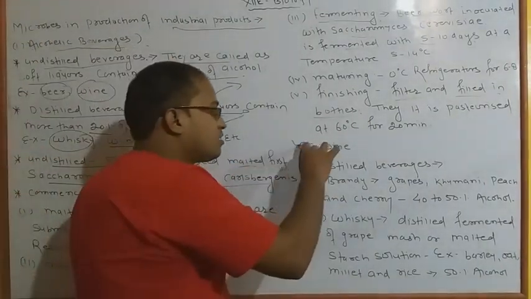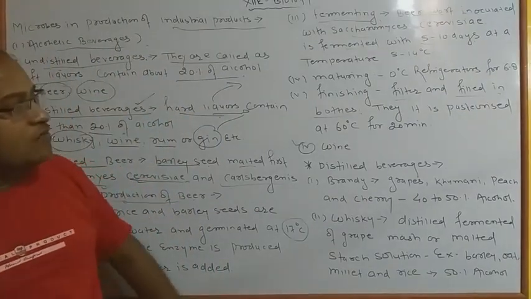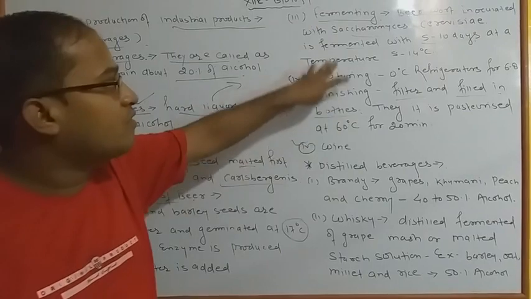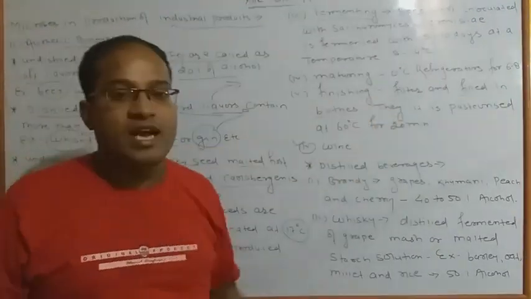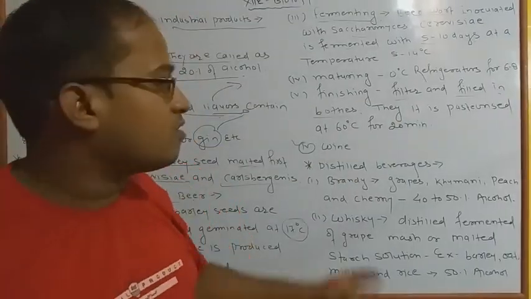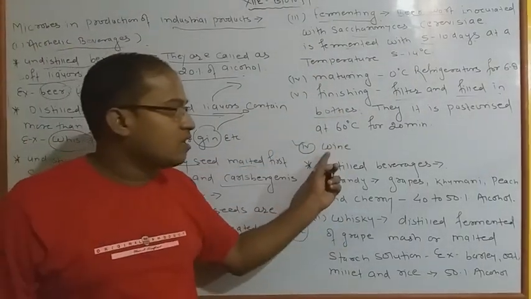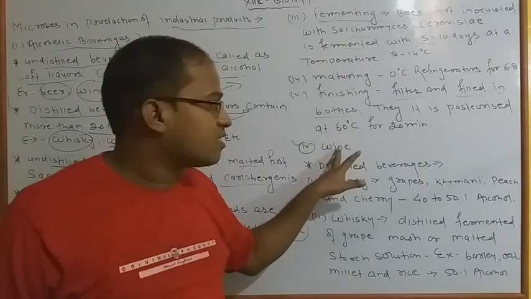And we have also done the wine, and generally apart from that, wine also gets processed by using fermenting, maturing, finishing and tanking. So many points are also there in your book, and it is mostly related to the same things. Okay, so you have to study preparation of wine because it is given in your book.